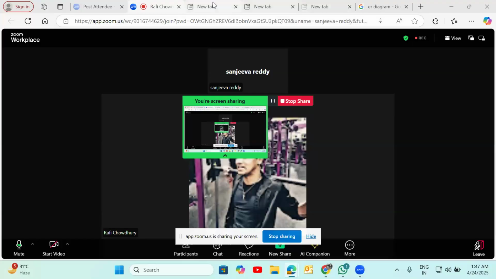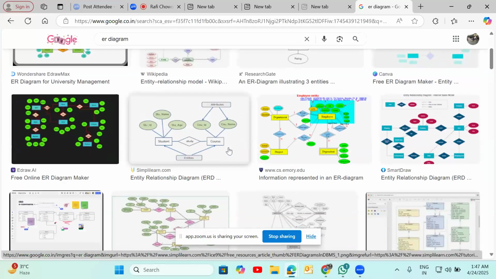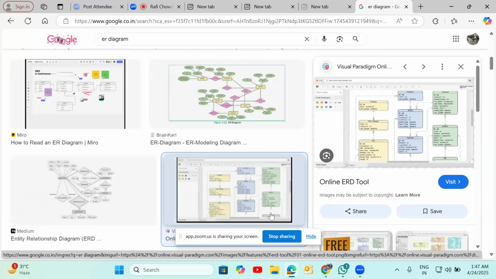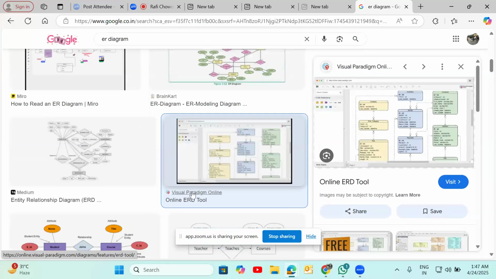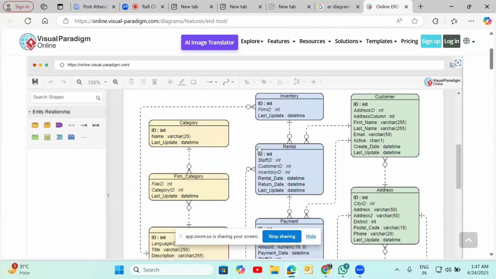Oh no, I don't know, let me... Are you able to see? No. Okay, let me share. Let me try right now. Okay, now it is right. Are you able to see the information?